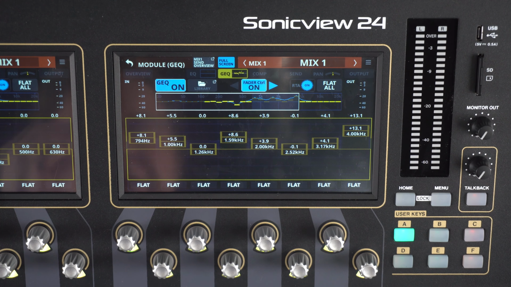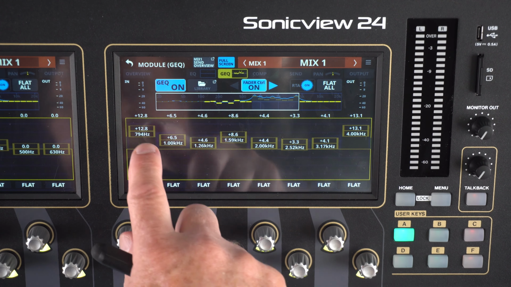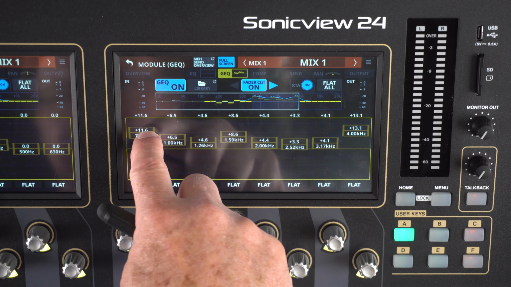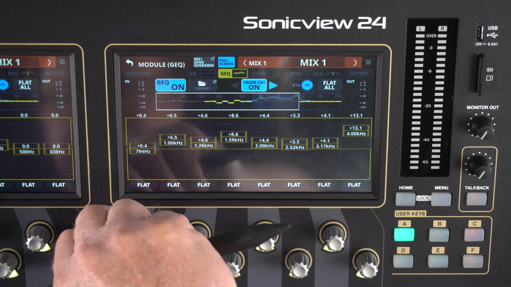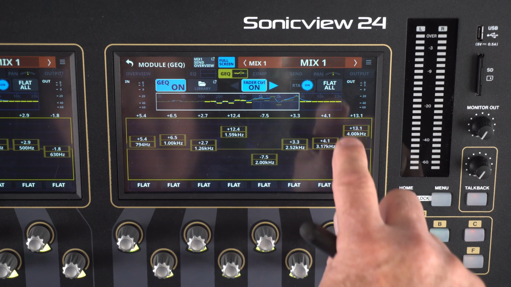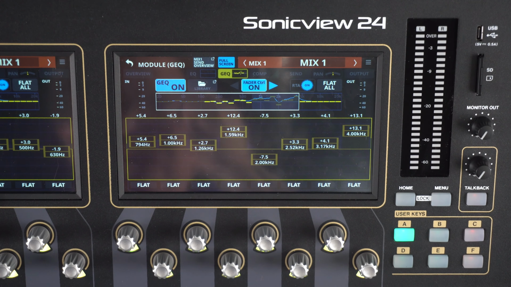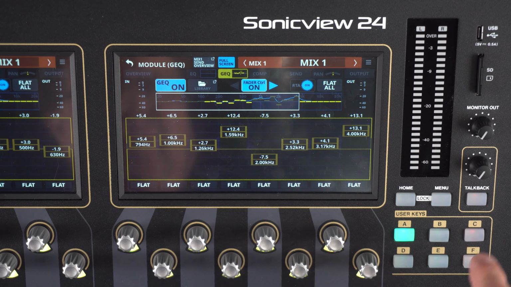Okay, at this point, let me show you something that's really cool as well. Not only the faders on the graphic EQ, which are capable, and by the way, you haven't given up your finger capability, and you can see the fader follows, or even using the knob. So there's a lot of different ways to do it. You can have the RTA on, the real-time analyzer, on the module, like you can on the input modules as well.